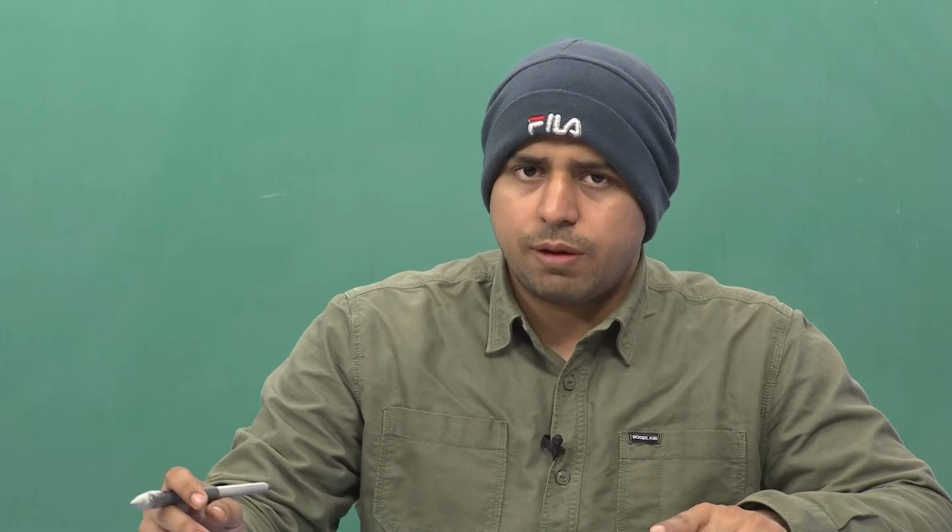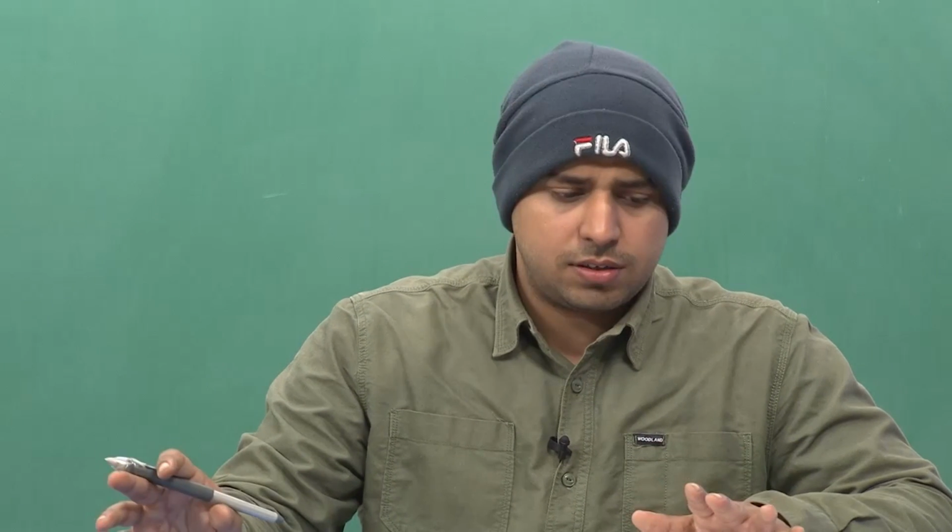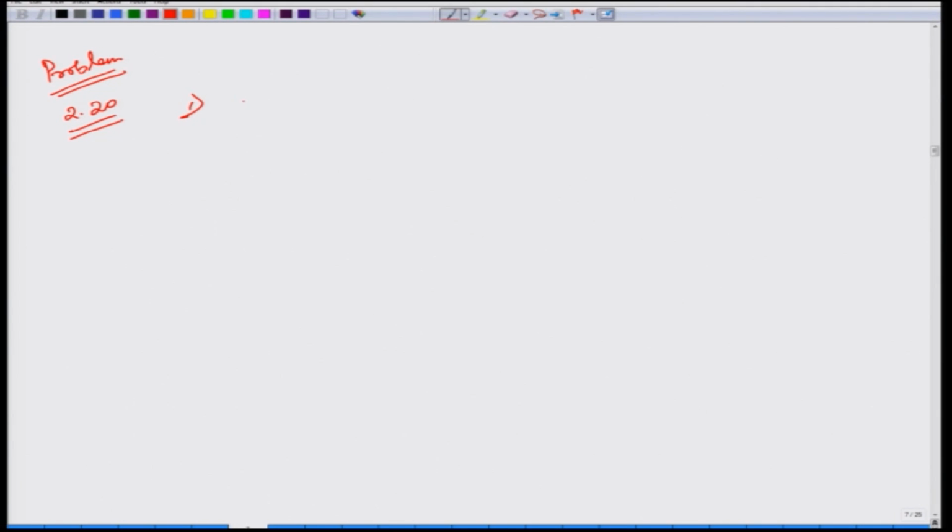Now problem 2.20, which asks which one of these is an impossible electric field. From today's lecture, the 13th lecture on 13th January, we have seen that for any electric field to be true, the curl of that electric field should vanish. So the first electric field is E vector equals some k times